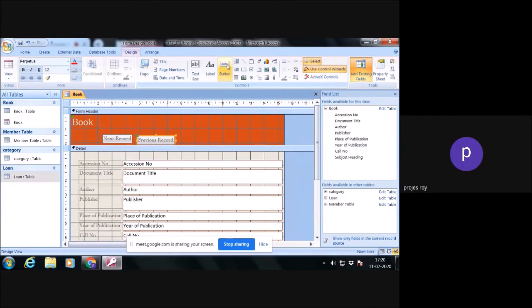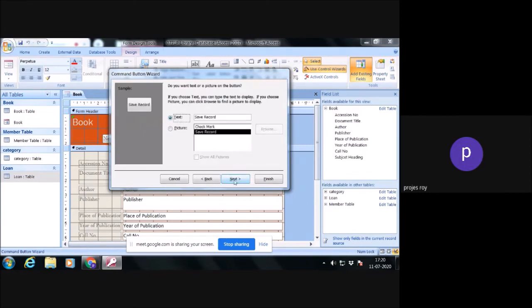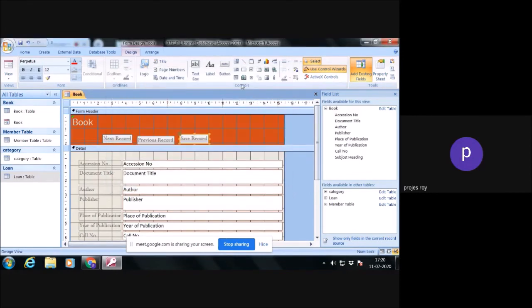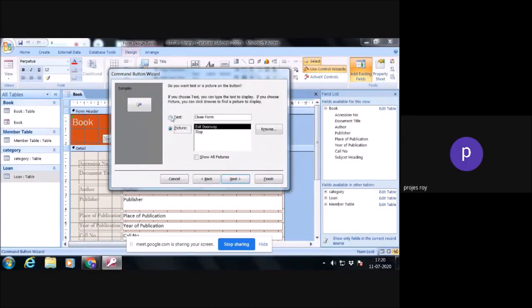And here you can create another button, record operations, save record, next, finish. And you can do another operation over here. Just click on form operation, close form, next, close.